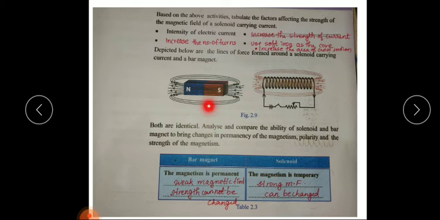Here we cannot change the strength, but in the solenoid we can change the strength by increasing the number of turns, increasing the electric current or increasing the area of cross section. We can increase the strength of the magnetic field.